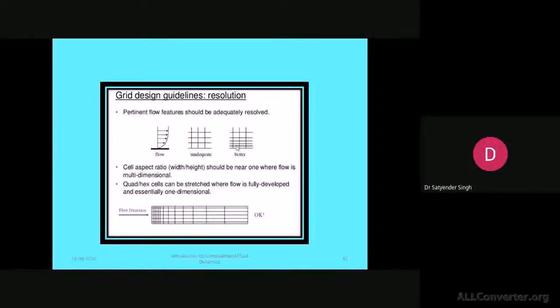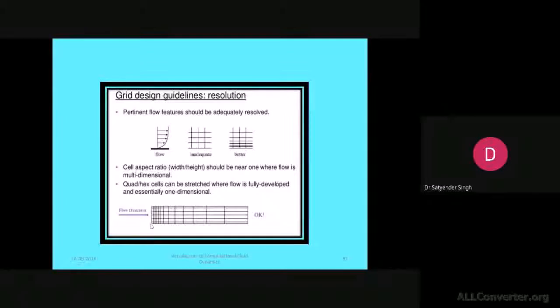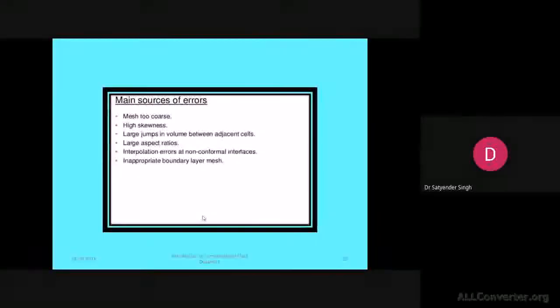This is also the meaning of grid. It generally interpolates the value to the next, to the next, to the next level, and then finally you have the solution. Let's say for flow direction, if you are using one UDF here, which is giving you a fully developed flow inside, then this kind of mesh should be generated at the inlet, and then slowly it will be gradually increased, and this gradual increase should be less than 20%. Then further on, where we don't have much effect of the fluid dynamics, it can be increased further in order to reduce the overall size of the mesh, because if a very fine mesh is used, then it also takes high computation.